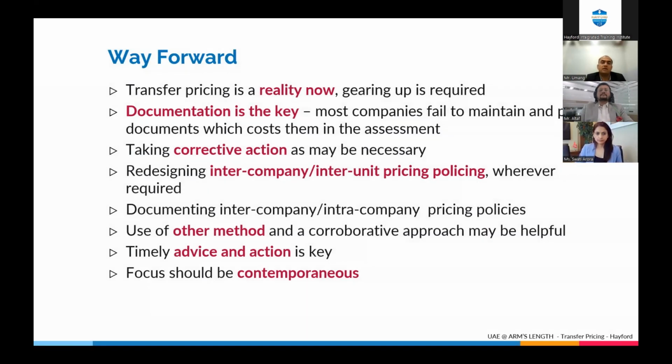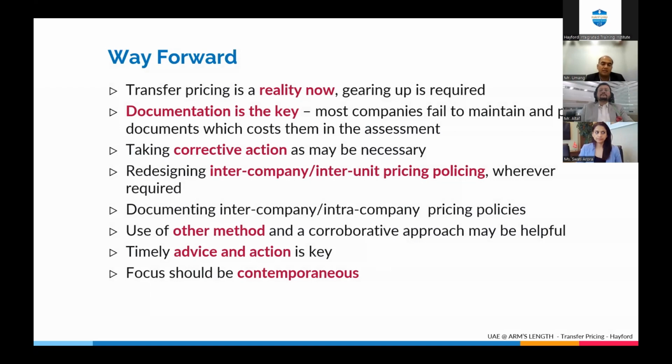So finally, way forward, of course, TP is more of a reality now. Documentation is the key because unless you're able to substantiate, you may not be able to do it later on when there are questions. Any corrective actions that need to be taken would have to be done right now. Most essential part is having an intercompany agreement or pricing policy. Use of other method. So besides the 5 methods, there is a provision of other method, but that also needs to be used selectively. Take timely advice and corrective actions, and the focus should be on doing things contemporaneously,